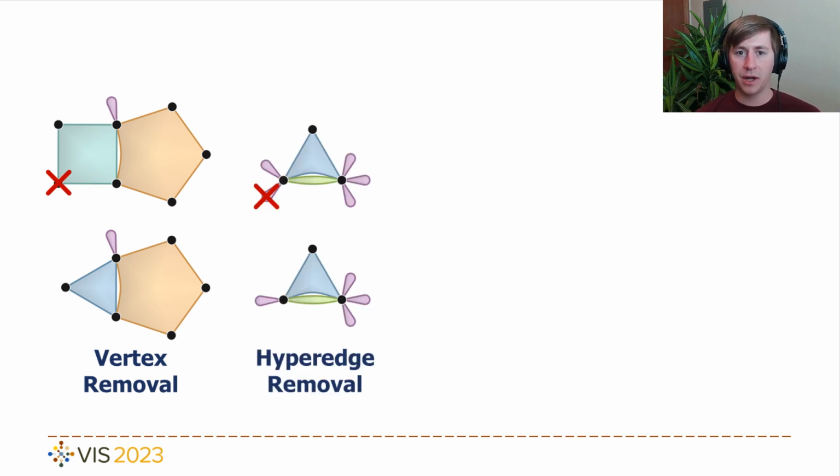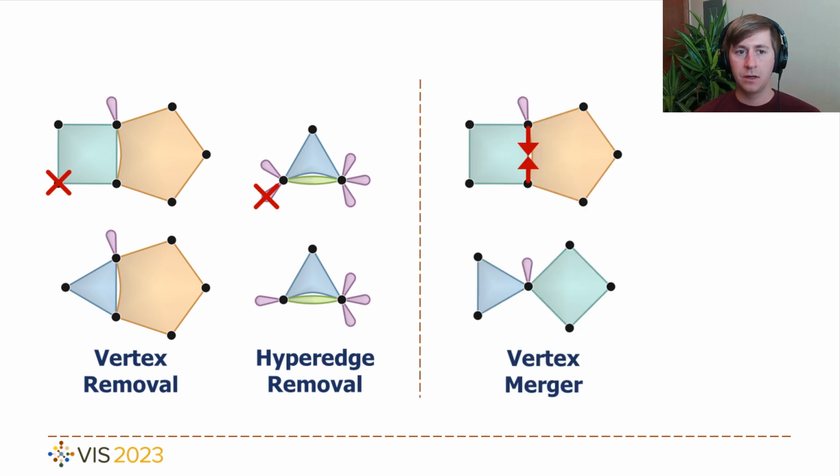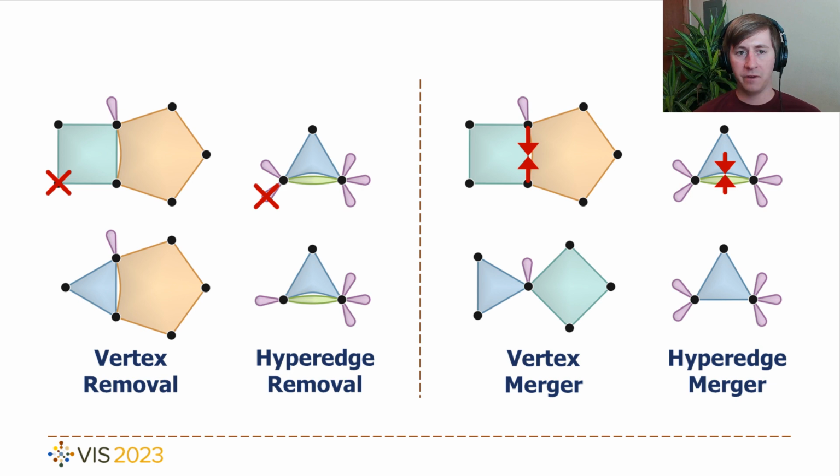Similarly, our second operation is a hyperedge removal, in which a hyperedge is detached from all of its incident vertices and deleted from the hypergraph. Our third operation is a vertex merger, where a pair of adjacent vertices are combined into a single vertex. And our fourth and final operation is a hyperedge merger, where a pair of adjacent hyperedges are combined into a single hyperedge. Using these 4 operations, our system is the first to operate on both vertices and hyperedges in a